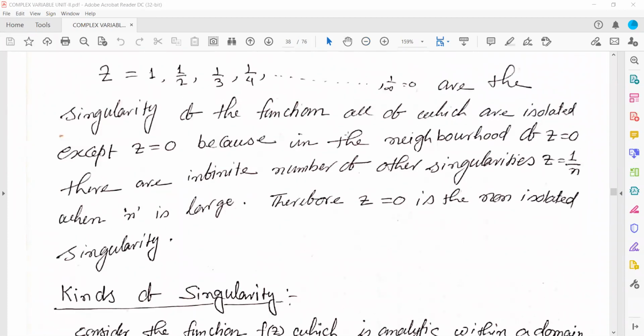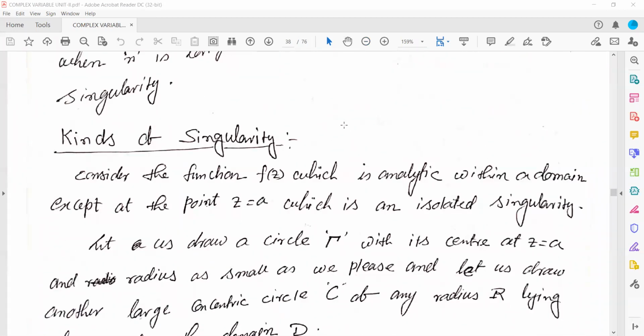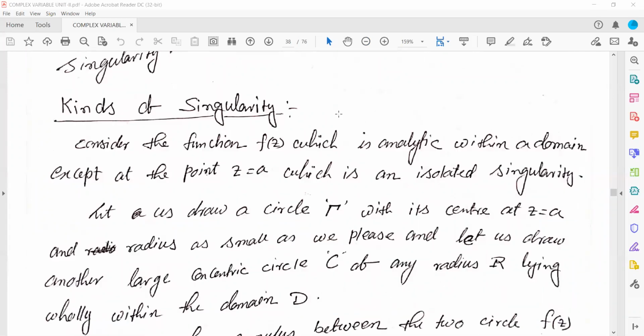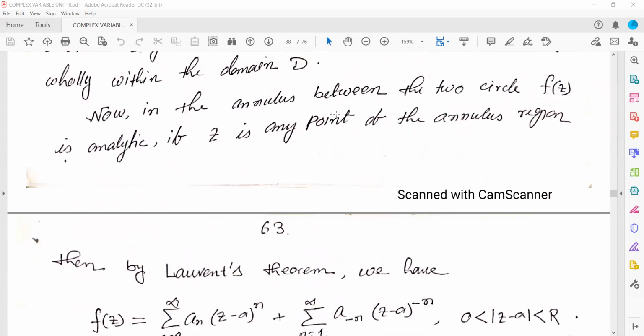Next, there are different kinds of singularities, as we already know: isolated and non-isolated singularities. So now,